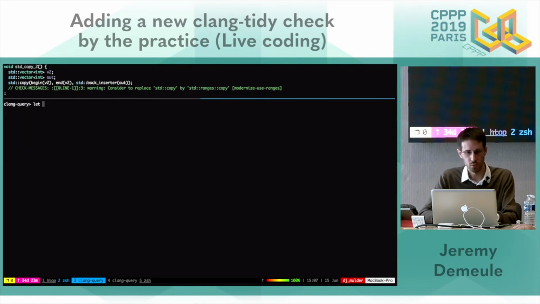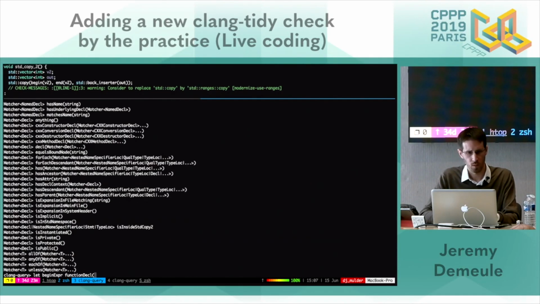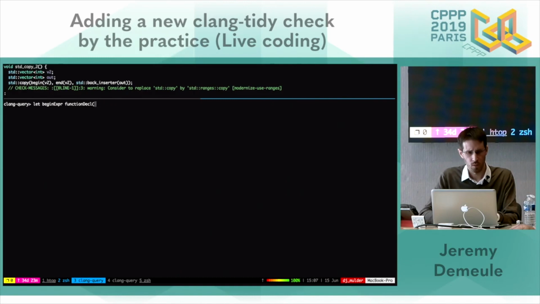So I will build new submatchers. So the call of begin will be, as previously, a call expression to a function with the name begin. And we will do the same thing for the end expression.